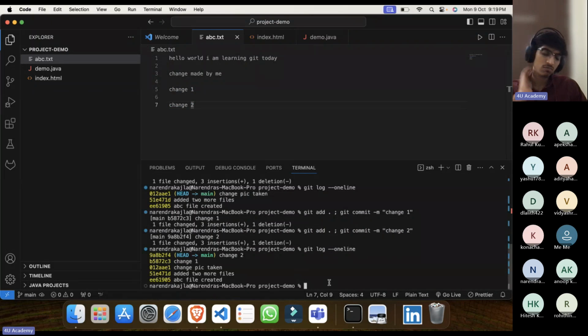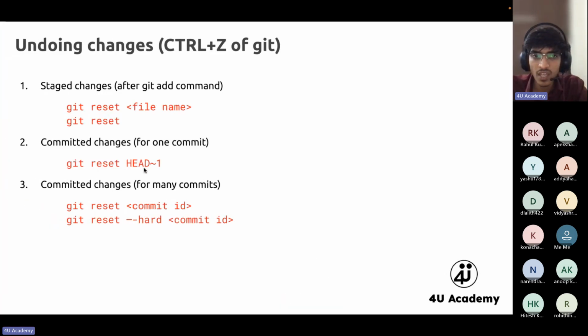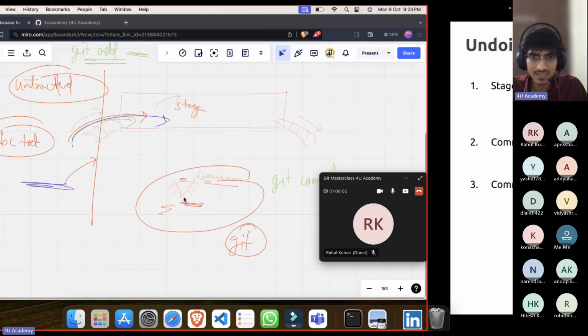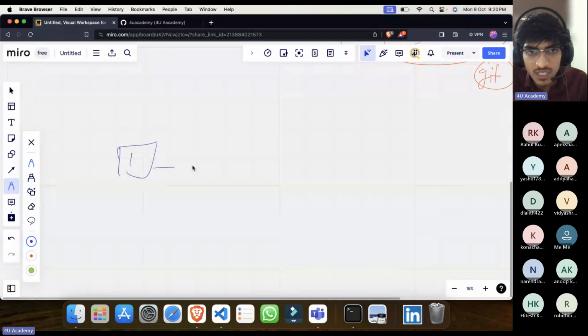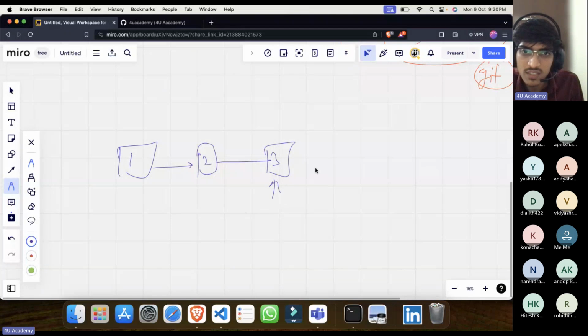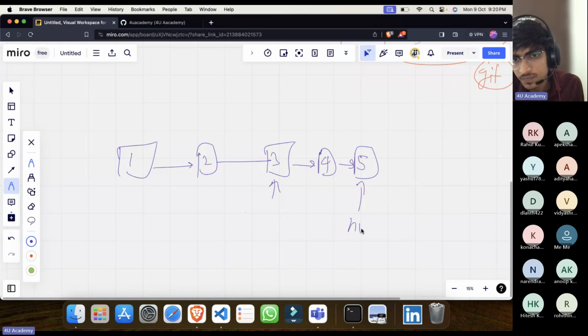So what can you do now? Where is the Control Z? For that we have a tool. We have a command called git reset HEAD~1. So what is this HEAD? First let us understand that. Whenever you are on any branch, there is a pointer which points to where you are, like the main branch. You'll understand HEAD properly in some time. Let's say I created the first commit, then second, then third. For every change, HEAD is moving. If I created a fourth, HEAD comes to fourth. Now fifth commit, so HEAD is here in the main branch.